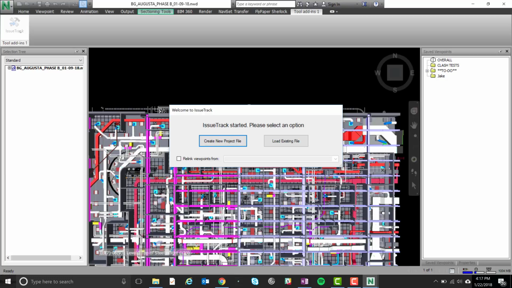Before we do that, though, I'm going to talk quickly about this option to relink viewpoints from a certain folder. This is shown down here. This is the one exception to the unique viewpoint names rule. This feature is intended for those who prefer to copy their viewpoints over from meeting to meeting to a new folder. This process inevitably creates a conflict with the new viewpoints rule, as there would now be duplicate viewpoints in